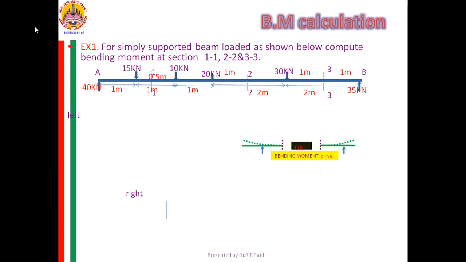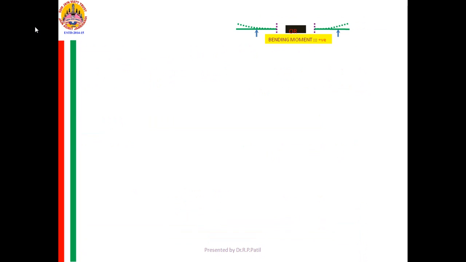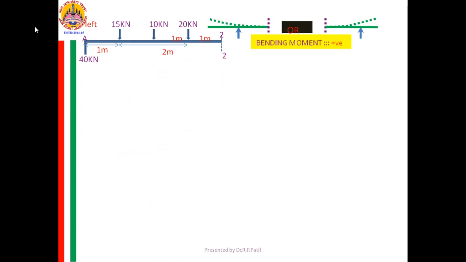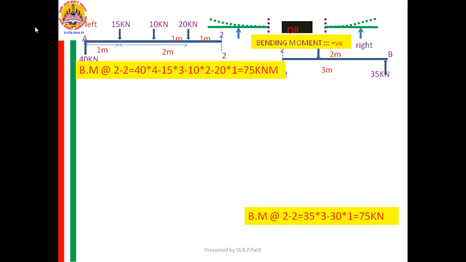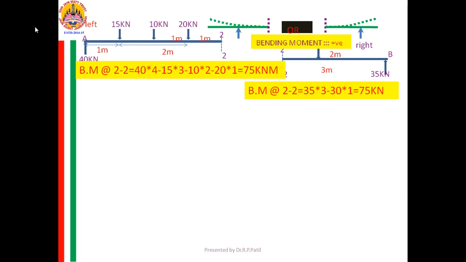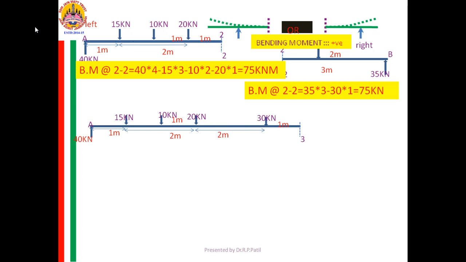Yes, the expected answer is at the bottom the sizes of the columns are larger. As you move towards the top, the size of the column goes on reducing. What is the reason for it? At the top the load is less. As we move down, the load will be accumulated. Therefore, to resist that accumulated load, we need to provide the larger section of the column.